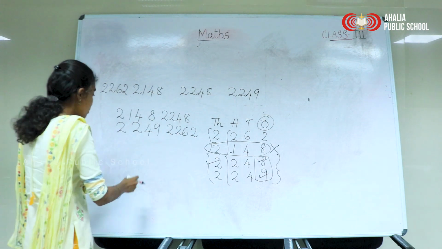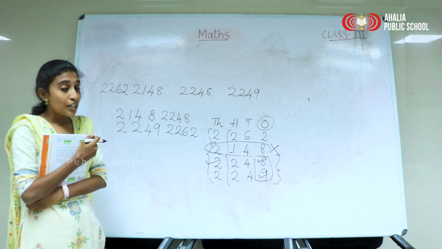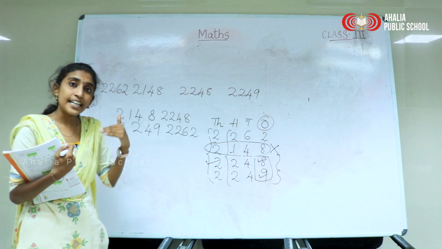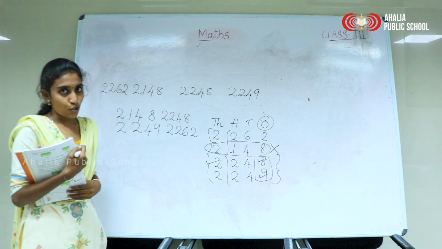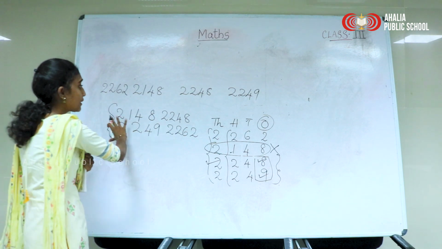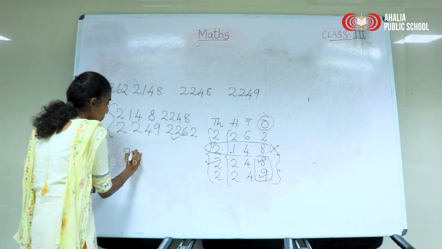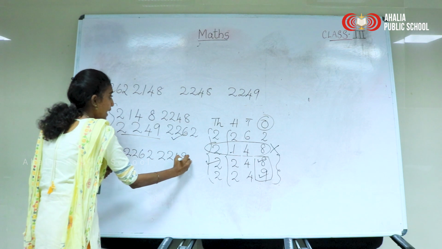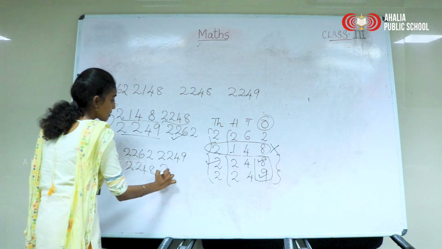Okay children, so what about descending order then? In ascending order, we check whether the numbers are less than, whether the numbers are the smallest. In descending order, we will check what? We will find whether the numbers are greatest or not. So what will be the descending order of this particular format? The opposite. That is, first we will write the greatest number, and then this number, and then this, and then this.